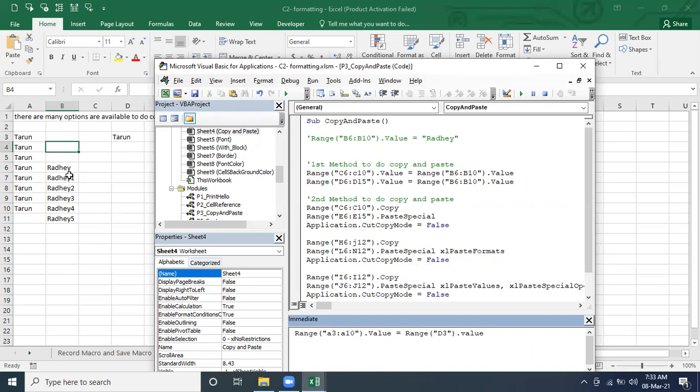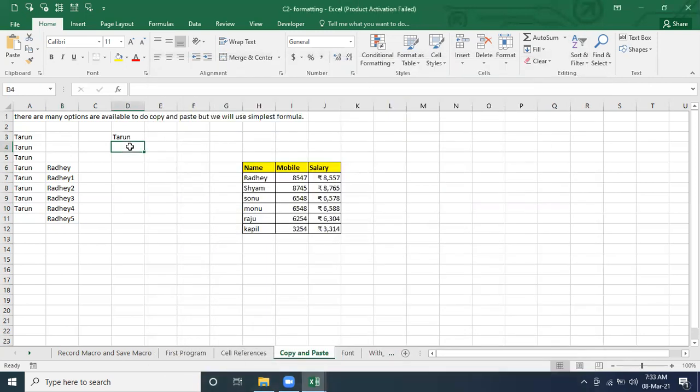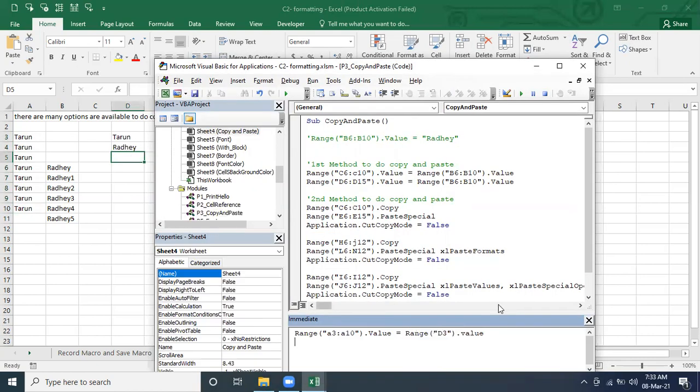So it passes everywhere, from this range, because we picked an individual cell. Let's say I pick here, Radhe is there, Radhe is here, and I'm going to copy Radhe. So D3 to what should it be? D4, correct? So whatever value is there in D3 to D4, we are going to assign to this range. Let's see what is going to happen in that case.